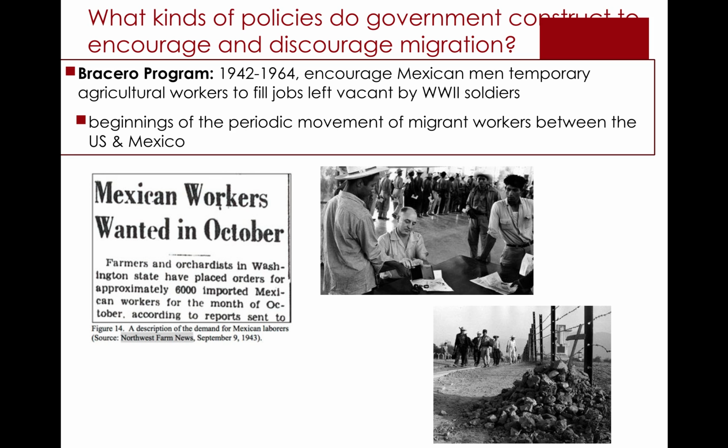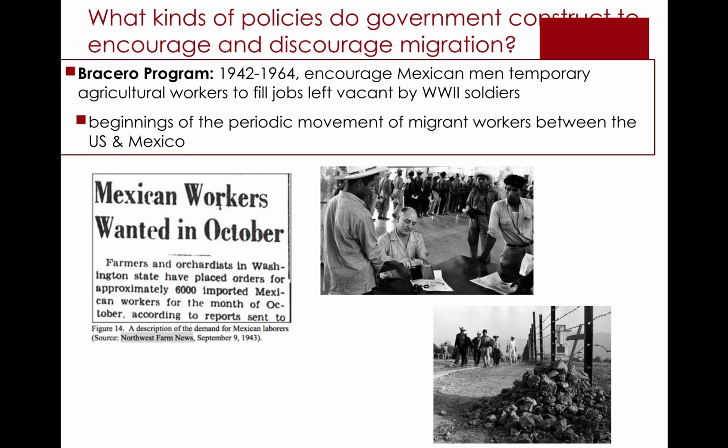Another interesting turn of events and a switch of events here was one of the policies that actually encouraged, very rare in U.S. history, migration from Mexico to the United States. And this was actually called the Bracero Program, Bracero meaning strong arm program. And it occurred from 1942 to 1964, which was midway through World War II through the mid-60s, but primarily focused during the era of World War II.